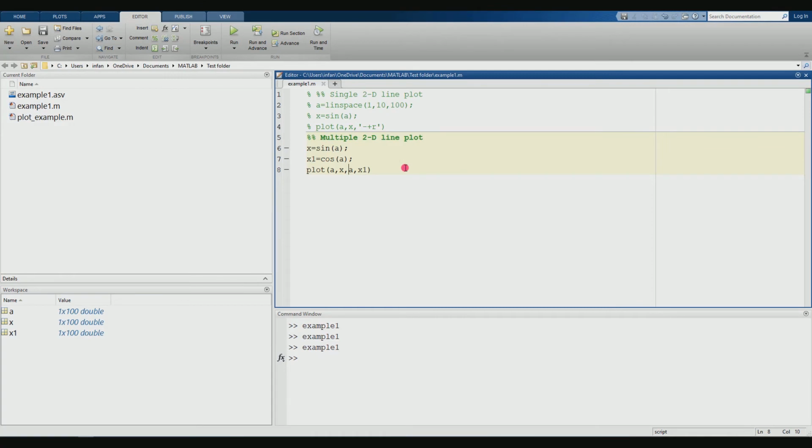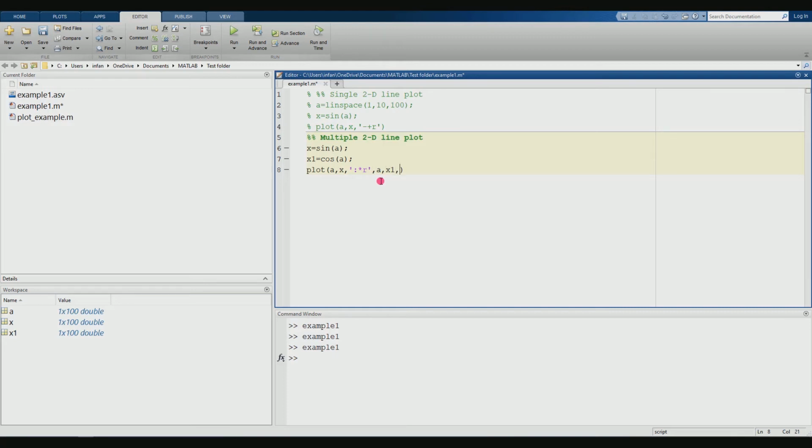Now let us add some line specification to the sine plot as well as the cosine plot. The sine plot is referring to a comma x. Immediately after a comma x, I have to type the line specification. I'm going to use a dotted line. Then the marker is going to be asterisk. Then the color is going to be red. So my sine plot is going to be red in color.